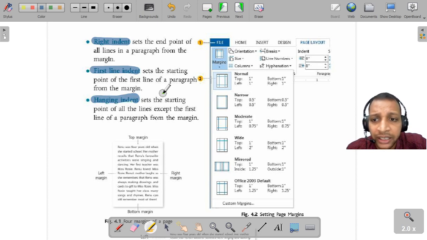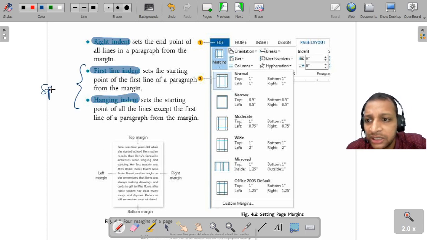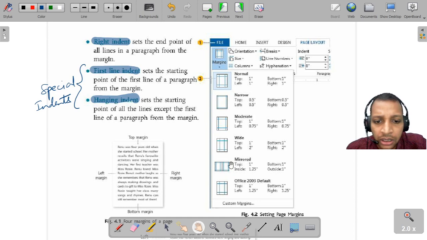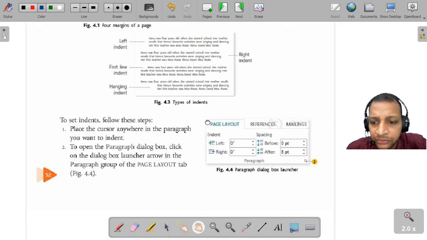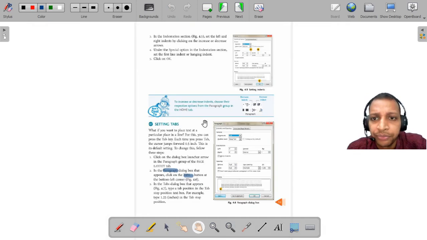And in a hanging indent, the first line starts from the margin, but the rest of the lines are a little bit away from the margin. These two together are called special indents. Please remember, these are called special indents. We have seen and discussed all these steps, so no need to discuss the steps now.